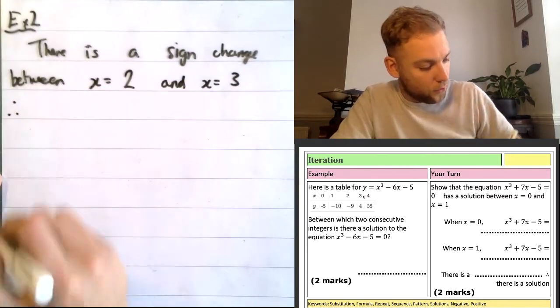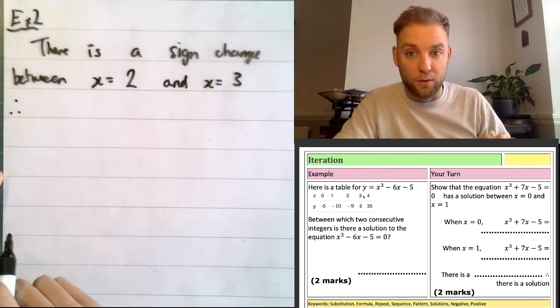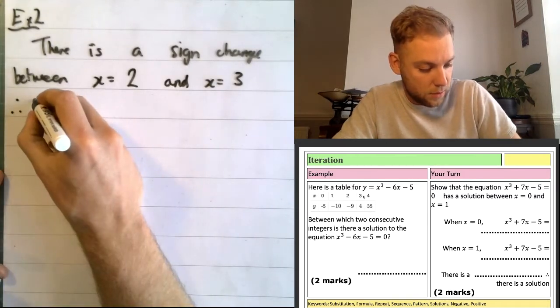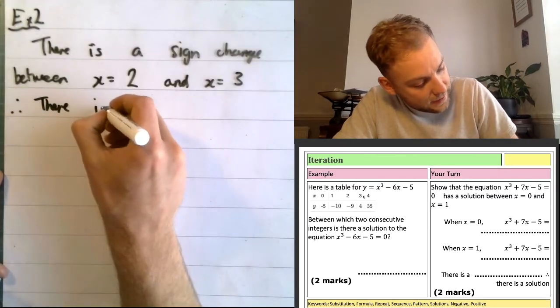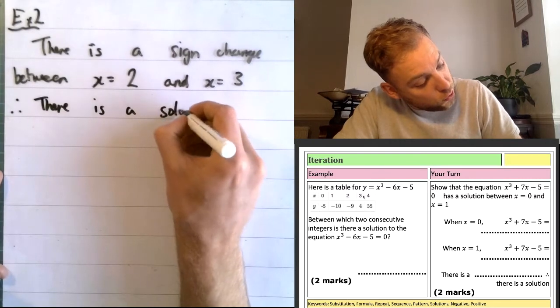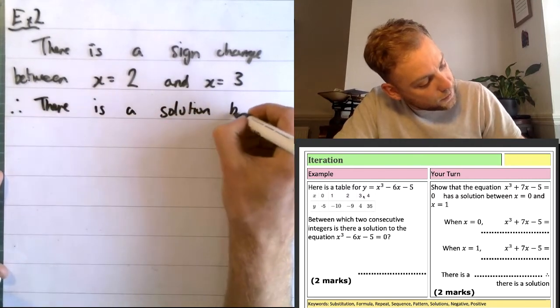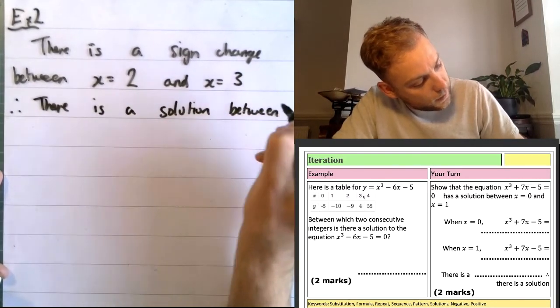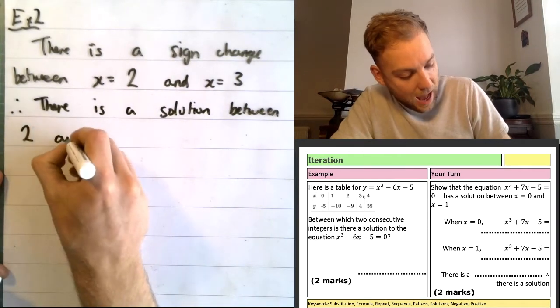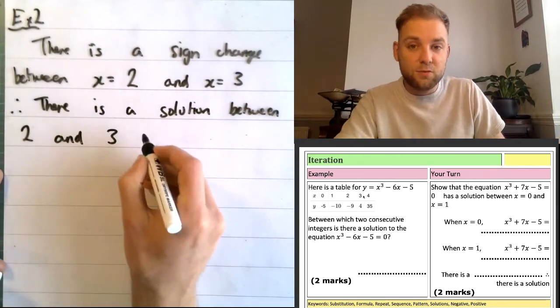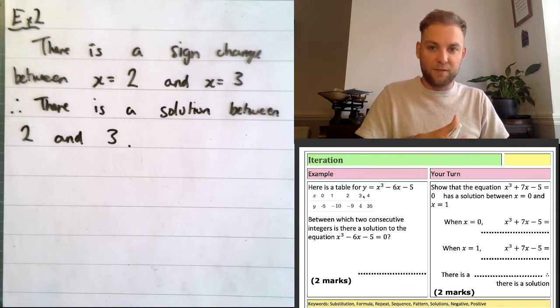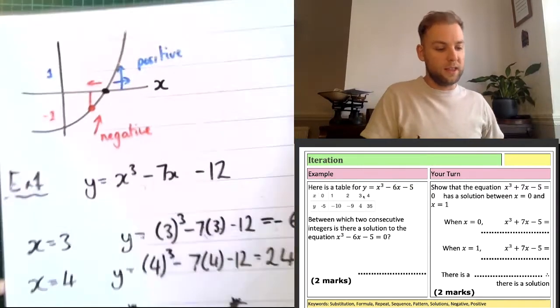So therefore, the 3 dots there means therefore. Therefore, there is a solution between 2 and 3. Now this is really important. We can go back to this graph here if we want. So looking at this,